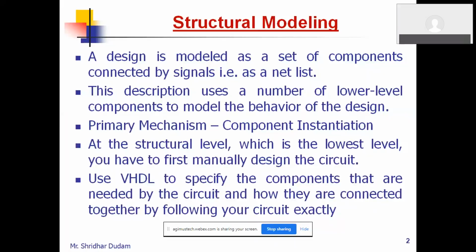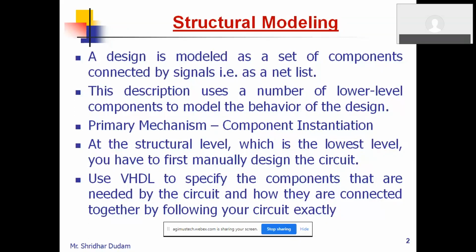We cannot design a very complex circuit or system by writing the whole code for it, because it's very difficult to debug and find the errors. It's better to design the low level components first, and then use those low level components in your system, so that we can easily debug, have control over the coding, and individual components can be easily tested for working.